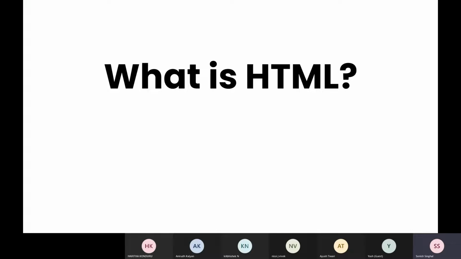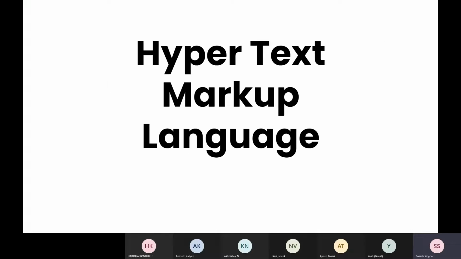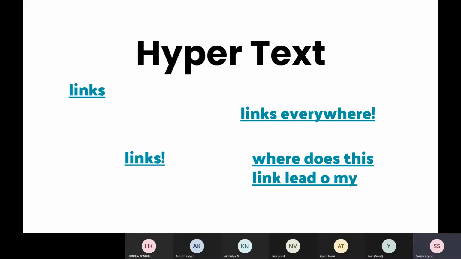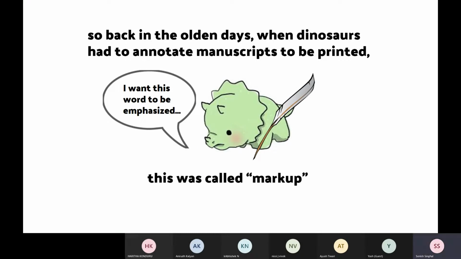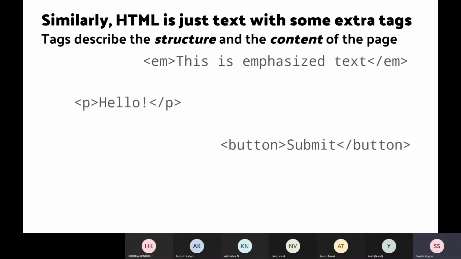What is HTML? HTML is Hypertext Markup Language. So what is hypertext? Like you have seen the links and a variety of things on the internet. We call those links hypertext. And markup is a language which has its own different symbols. Earlier, different languages were created and they have their own symbols that can further be used by others. So we call that a markup. HTML is quite similar to that.